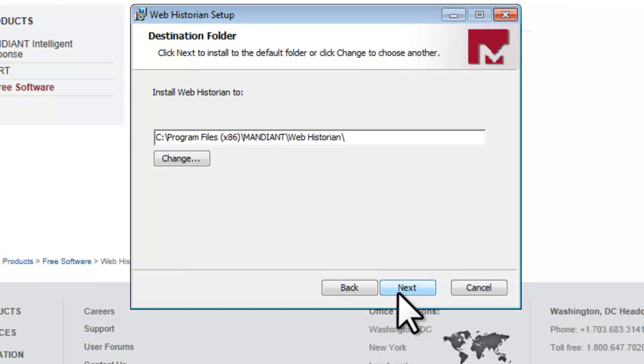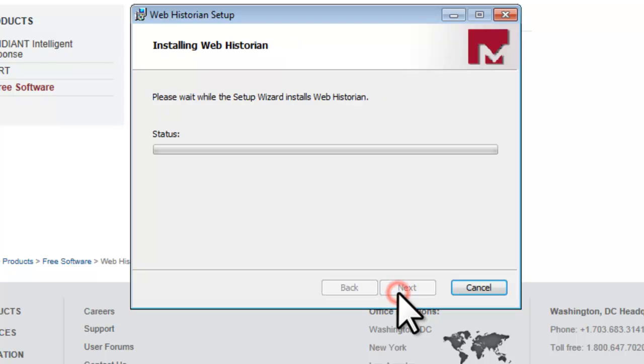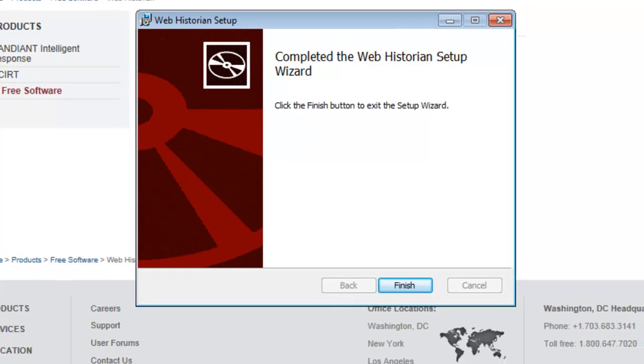On the Destination folder screen, click the Next button. On the Ready to Install Web Historian screen, click the Install button. After the installation finishes, on the Completed the Web Historian Setup Wizard screen, click the Finish button.